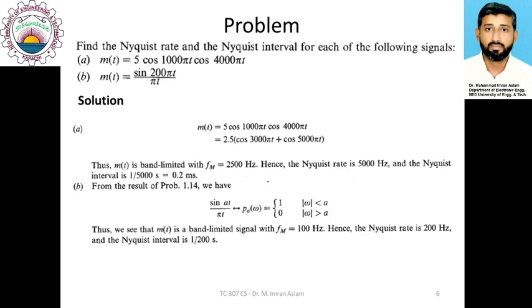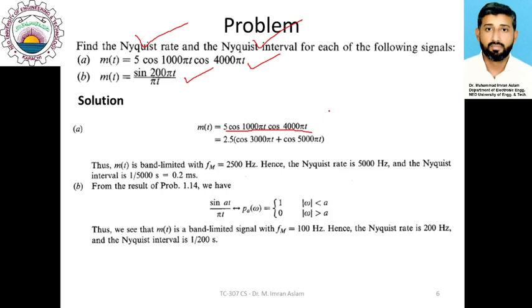Find the Nyquist rate and Nyquist interval for each of the following signals. So we are given two signals here, and we want to find the Nyquist rate, that is the Nyquist frequency, as well as the Nyquist interval for this case. So let's say our signal is given as 5 cos 100 pi t, cos 1000 pi t. We know that in order to calculate the Nyquist rate, we need to find the maximum